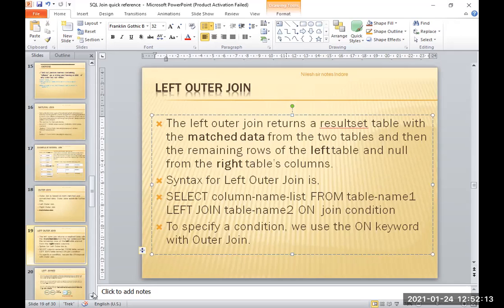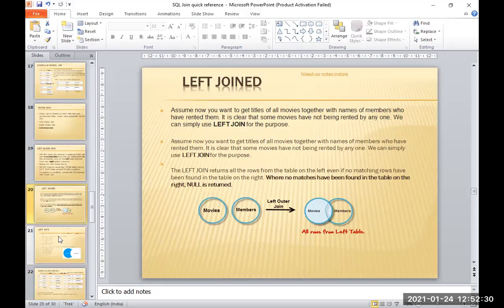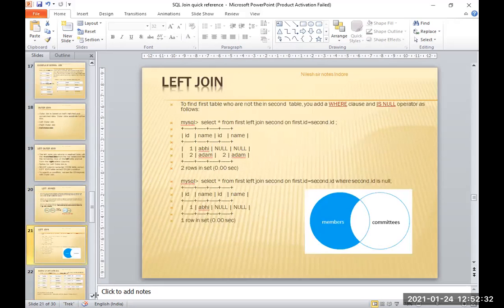Just see it. Yes, the left part will display, the right part will not display. That is the most important thing. Whatever the left part has, compare it accordingly, and if it is not in the second table it will not display, the output will be null. Same case for left join: if we apply it with a where condition null, only the null output will be displayed.